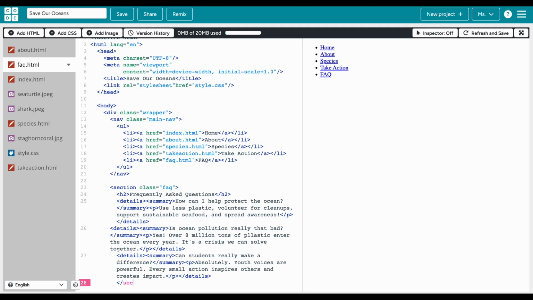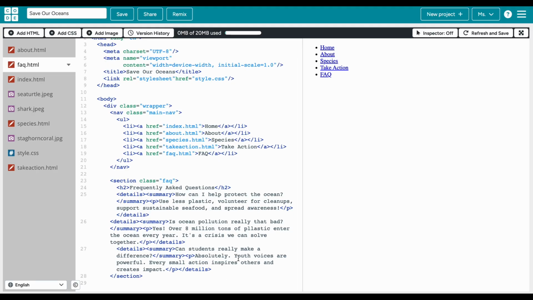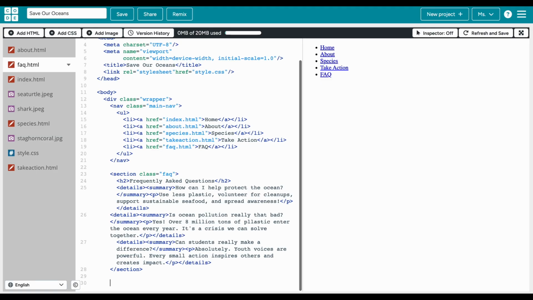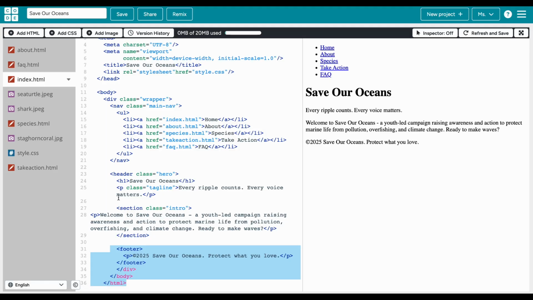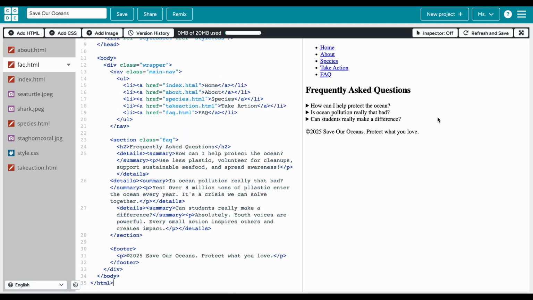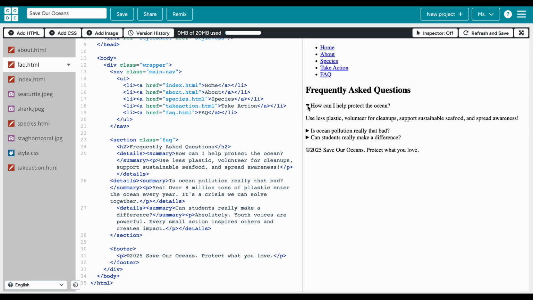Close section. And then again, let's just copy our footer into our FAQ section. So go into our index, Control C, and FAQ, and Control V. So now we have our questions, and if you click onto the box, you can see the response to each